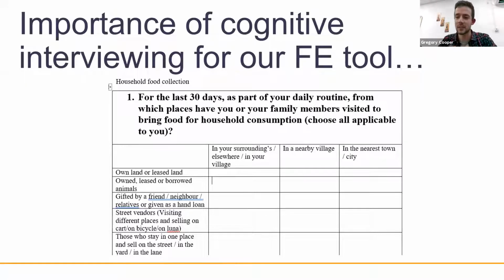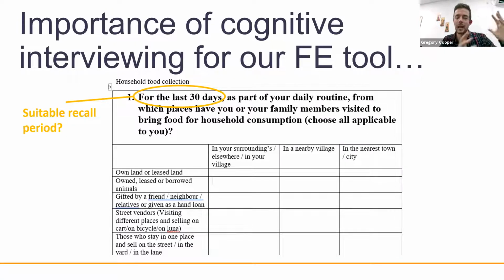Well, this is one of the very first questions in the food environment tool, and it asks the participant to essentially list all of the sources in which they and their household members have gotten food for household consumption within the last 30 days. So all the different shops and the different sources, where have you been in the last 30 days? Perhaps conceptually that's reasonably straightforward, but of course when you actually go into the field, you start to